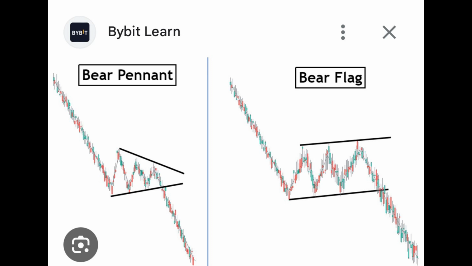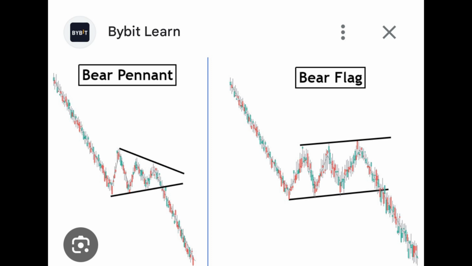Now take your eyes to the bear flag. Okay, you got the bear flag pulled down. Then once it hits a level of support, it starts chopping around, making the letter W. Let me know if you see the letter W in both of these patterns. Okay, well, that's contraction. Once it's done contracting, it's going to make a move down,